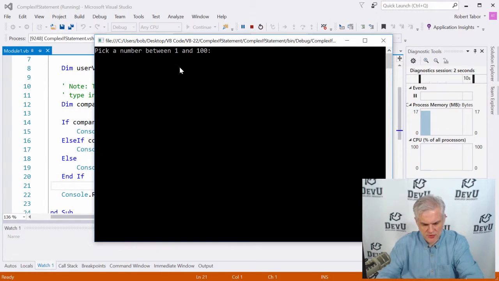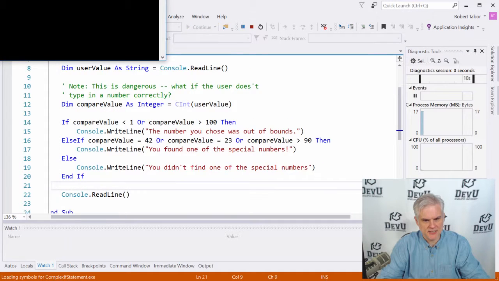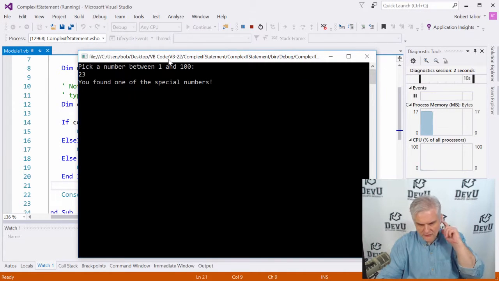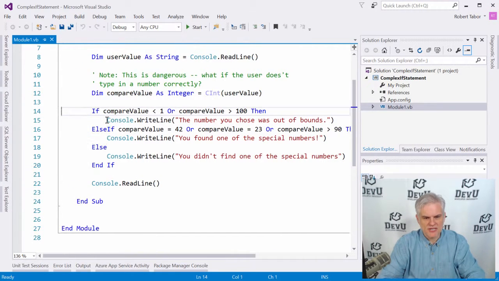And here, let's just choose like 86. You didn't find one of the special numbers, but if I type in 23, you found one of the special numbers. Okay, very simple example, but you can see that with an if statement, you can get very complex and test a lot of different cases. Let's close that down